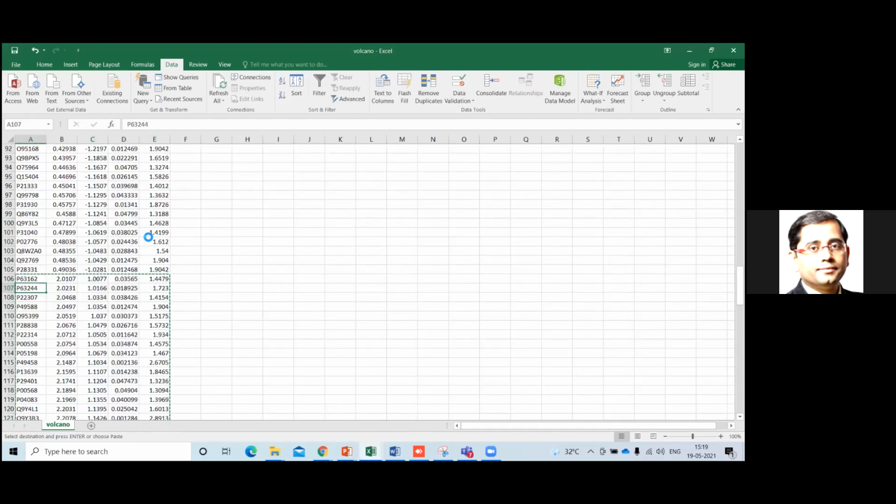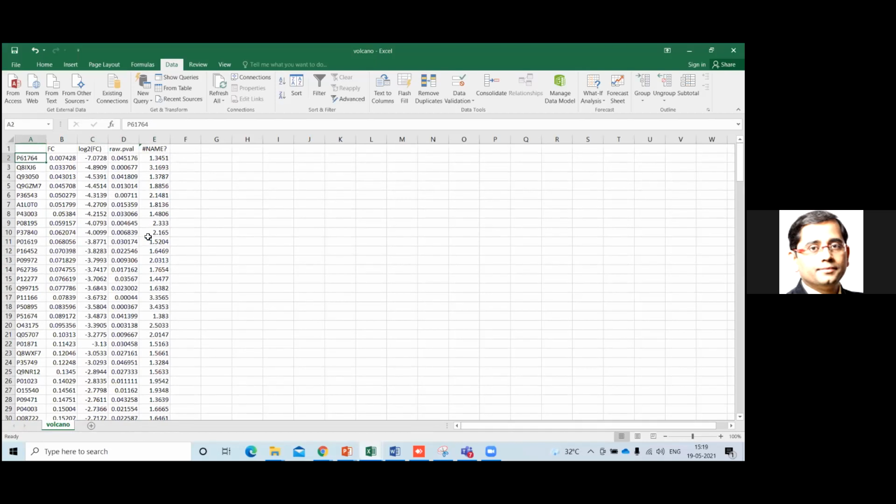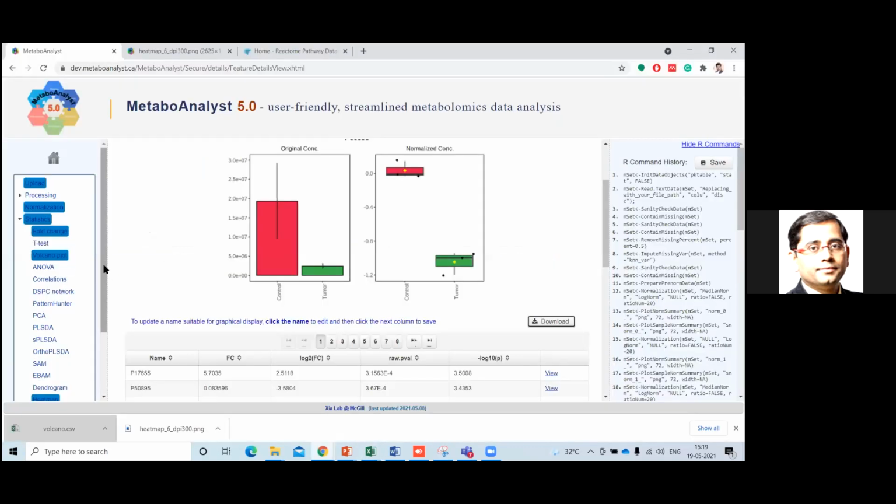Now it will be easier for us to take these proteins from here and go ahead for understanding the biology, because till now we saw the data visualization in the form of technical terms, but we still don't know which biological pathway a particular protein belongs to. If this protein is increasing or decreasing, what alteration is coming into the biological pathway, we don't know, right? So till this part, what we can tell is the data analysis, but I can show you a few more things also if you want.